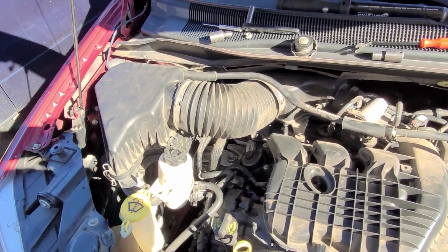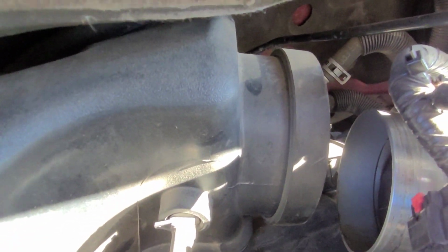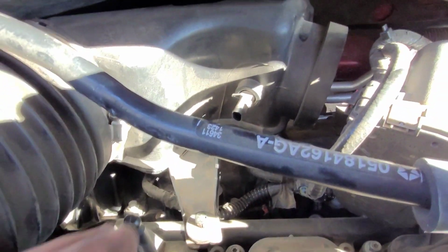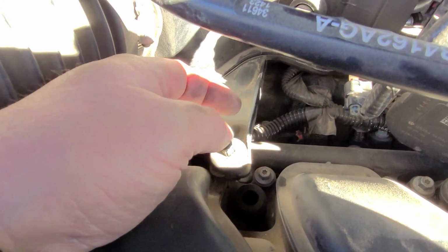So whenever you're putting the upper half of the air cleaner housing on, something you got to keep in mind is that there's no clamp on the intake hose. It just slips on there. So your only two mounting points is this push pin right here. You get it down inside there and just push the pin down. But then, if I can't get it down in here,